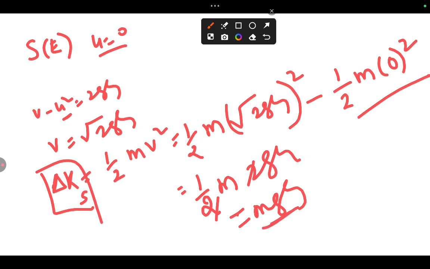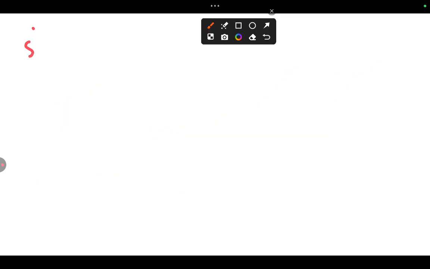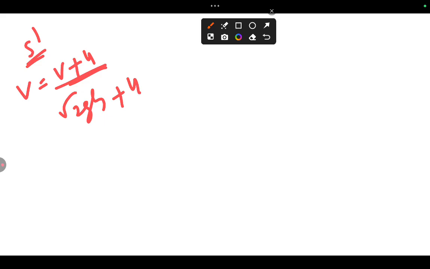If you go to the frame S', you can consider it with respect to the moving body. The ball initially appears to be moving downward at speed u. The final speed of the ball is related to this frame. So the final speed will be v + u, because it is clearly mentioned the ball initially appears to be moving downward at speed u and it is associated with some more velocity v. So the final speed will be v + u. Now v equals √(2gh), and this is u.